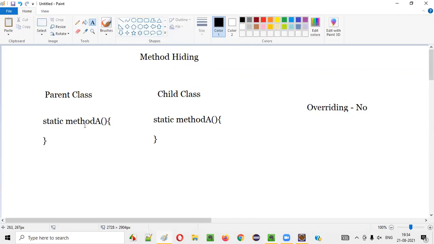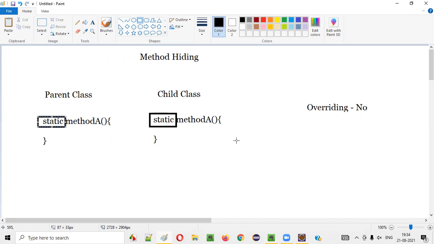This method is not overriding the method in the parent class. Why? The reason here is, this is not a normal method, it is a static method. If you have the same static methods inside the child and parent class, you cannot say that this method is overriding the method in the parent class. Then what do we have to call it?